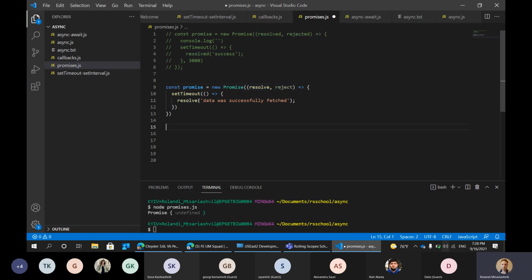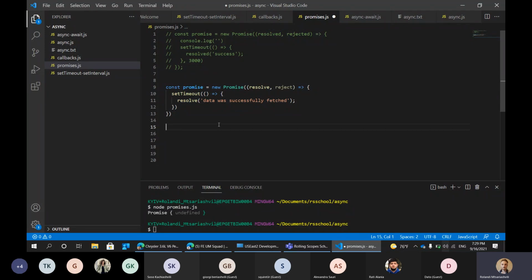So let's imagine I want to do something with that data. If I just console.log promise, that would give me the status of the promise. So it's neither fulfilled nor rejected. It's just a promise in the state of waiting, because it couldn't be otherwise. A promise is something that doesn't give you something instantly. You have to wait for it. And if I just call promise here, it will be confusing because it will show you the status and not the actual data, which is not resolved yet. That's why you have to